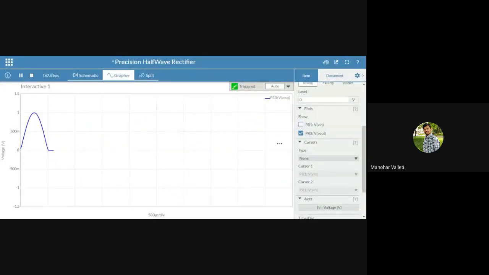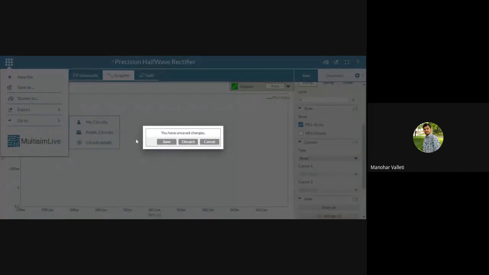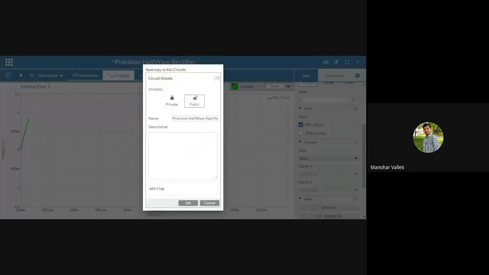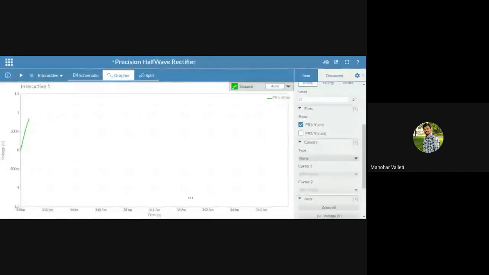Just please observe the output waveform. I'll just show you what is the output of a general half-wave rectifier. And you can differentiate what is the specialty in the precision half-wave rectifier. The precision half-wave rectifier can detect very low amplitude signals, and the diode drop is not considered. That diode drop of 0.7 is almost negligible at the output of the precision rectifier.